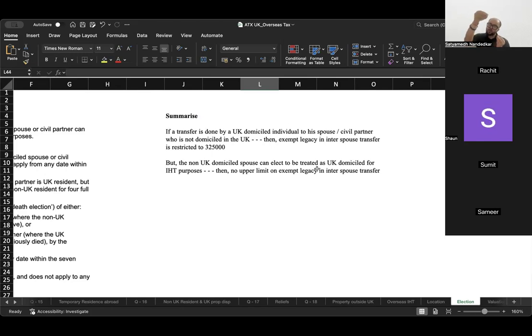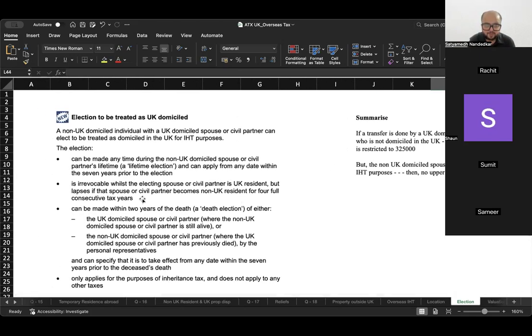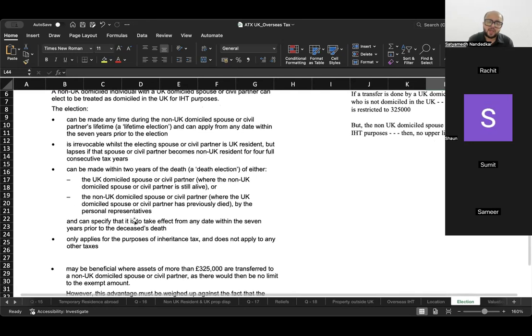अगर a spouse who is not domiciled in the UK elects to be treated as UK domicile, जो domicile नहीं है, he is making an election to be treated as UK domicile so that there is no upper limit on exempt legacy. This election is irrevocable while the electing spouse or civil partner is UK resident, but lapses if that spouse or civil partner becomes non-UK resident for 4 full consecutive tax years. The election can be made within 2 years of the date of death of either the UK domiciled spouse or civil partner or the non-UK domiciled spouse or civil partner by the personal representatives,